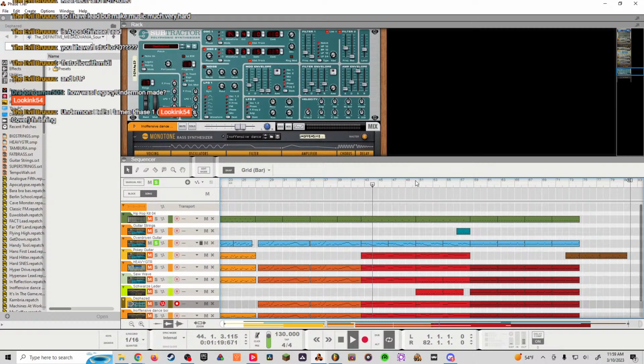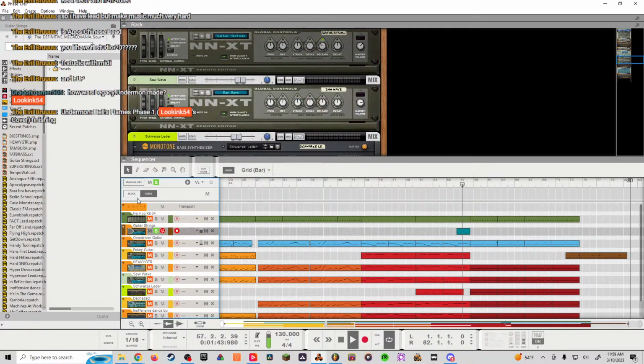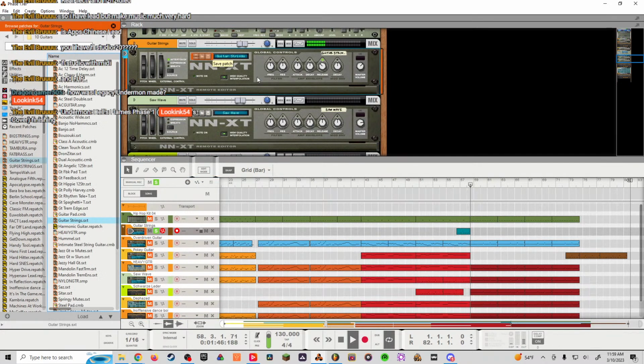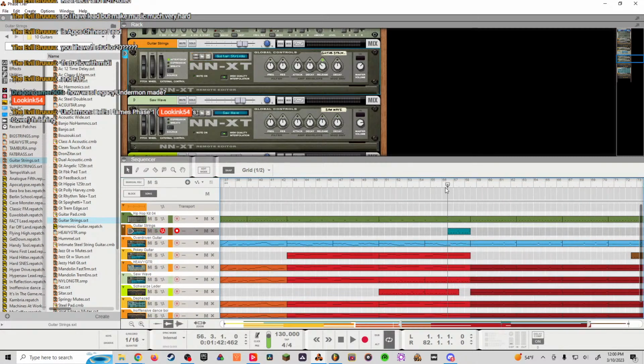Again, I had no idea what I was doing. This one's also a Reese instrument. Also, I didn't know I had been using this instrument for this long too. Like I'd used this a couple times, but